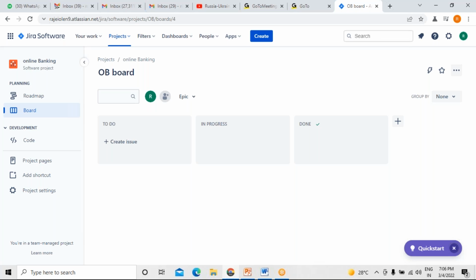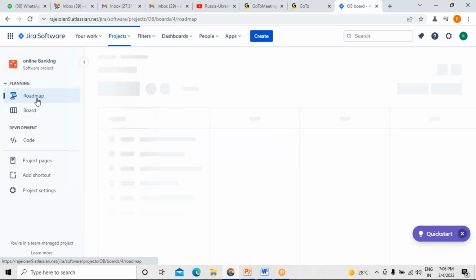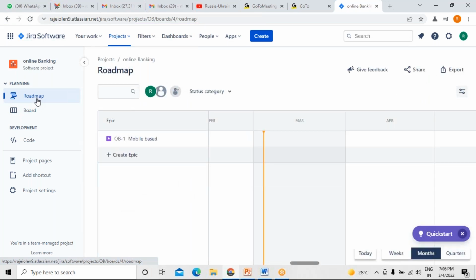One is the product owner, because product owners are the people who have to create the roadmap for the project, followed by the backlogs we have to create. Everything will be done by the product owner. User story creation, roadmaps, all these will be handled by the product owner.